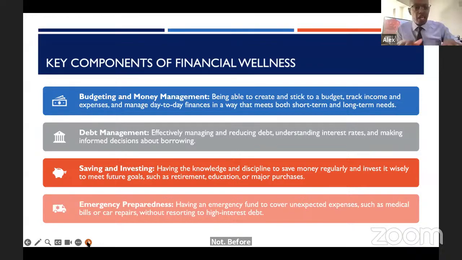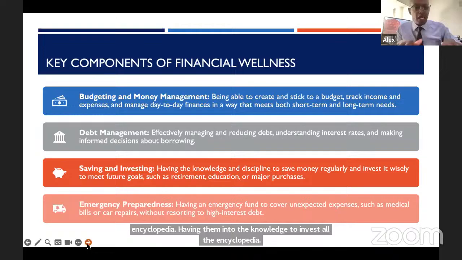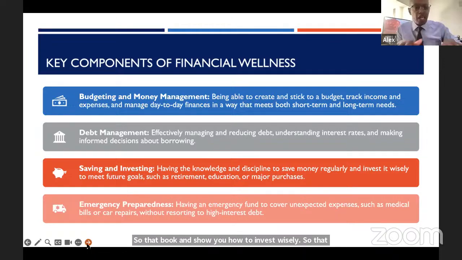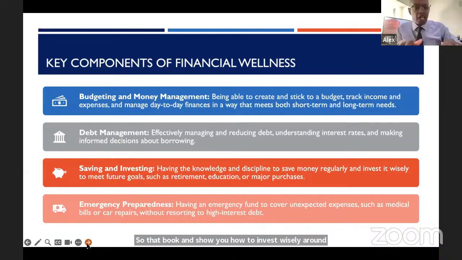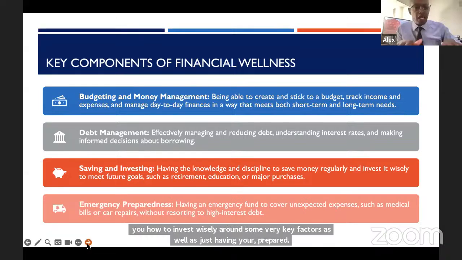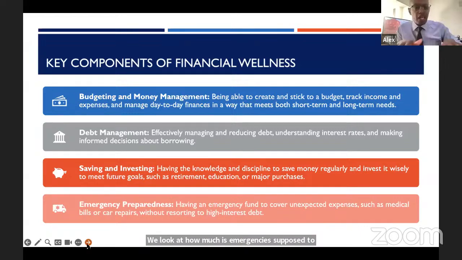We look at where opportunities exist, having the knowledge to invest, in the encyclopedia, that book, and show you how to invest wisely around some very key factors, as well as just having your emergency preparedness. We'll look at how much the emergency fund is supposed to be. There are guys who live on emergency; they make investment decisions as if the world will come to an end. But hey, you have the circle, you have a good relationship. So if you have been able to